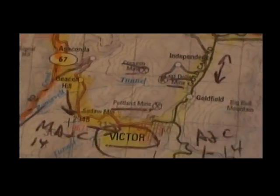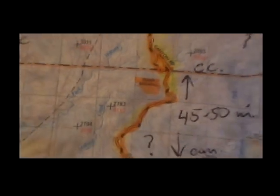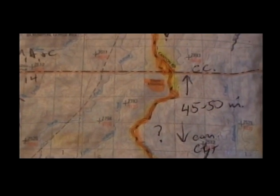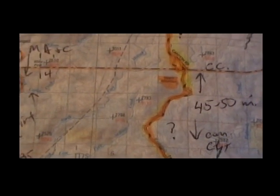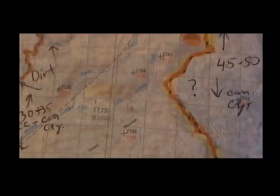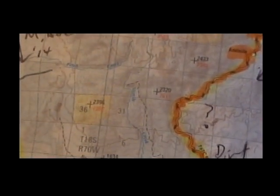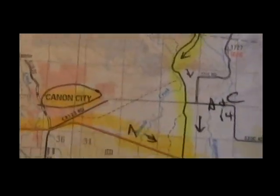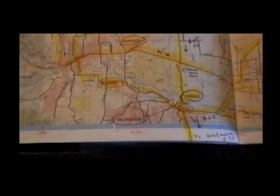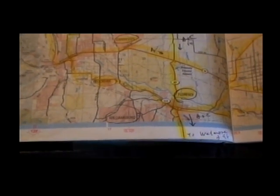came on back down Gold Camp Road to Victor and caught Phantom Canyon Road, which was a very scenic road. It too was an old railroad bed road, very steep in some spots, very narrow and extremely scenic. The canyon was very narrow and very deep, following Eight Mile Creek, and had a couple of tunnels. Several old train bridges had been converted to highway or dirt road bridges, and we came all the way down, and we were supposed to meet Mike at the first convenience store on the right after crossing 50. Well, there were no convenience stores at all, so we wound up meeting Mike down in Wetmore,